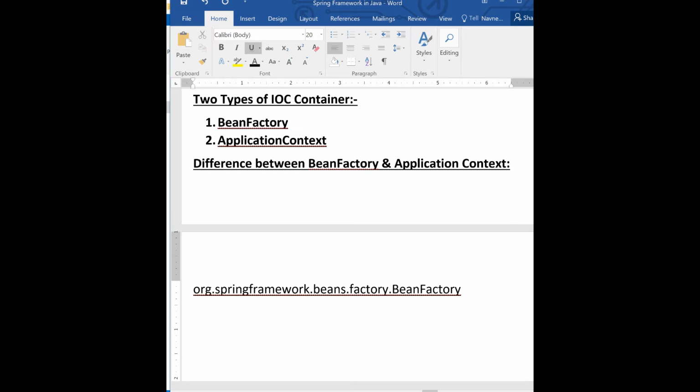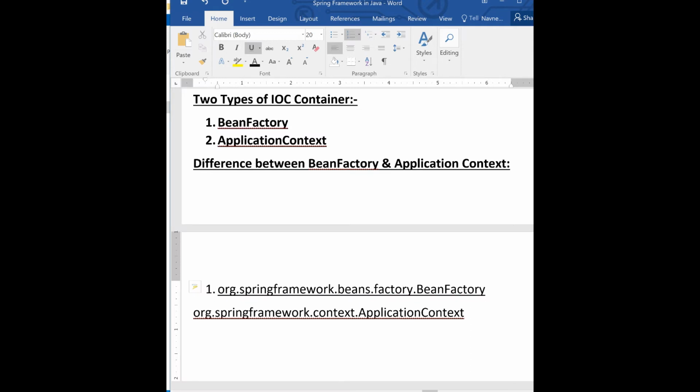Copy from here to here, context, and then here we have context dot application context. We have two things. The first one is this one, and the second one is these two. Remember these two.